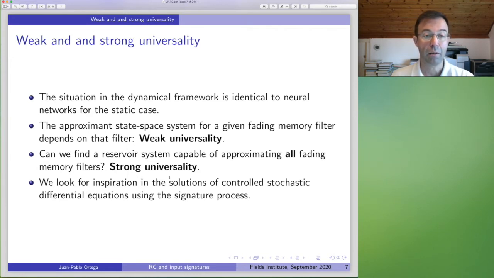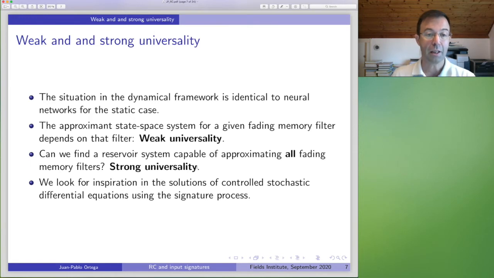This is much stronger, first observation, than the weak universality that we are used to, an example of which, in the framework of neural networks, would be all the Cybenko-Hornik theorems. And for ESNs, I will show you in a second things that we proved in the recent past. Second observation: notice that if you have this strong universality, then all of a sudden the multitasking that I was telling you about automatically becomes a possibility.